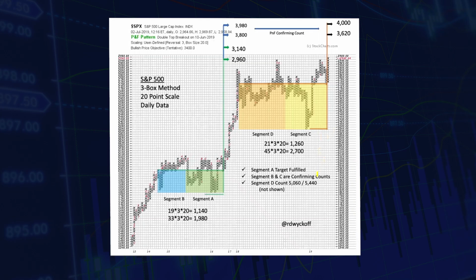So let's look at some point and figure charts with the time that we have left. Here you can see the second turning, which we did a point and figure chart on. Well, look what happened. Went right to 2960, 3140, missed the 2960 box by one box. So very impressive, and it did touch that box right here. So now we have additional count up to 3140,